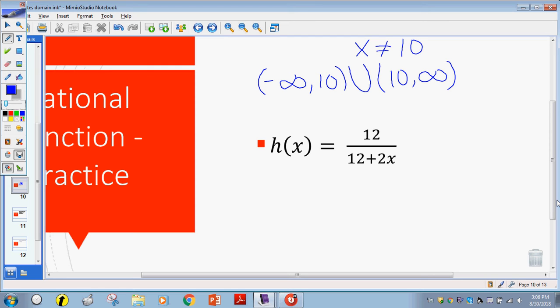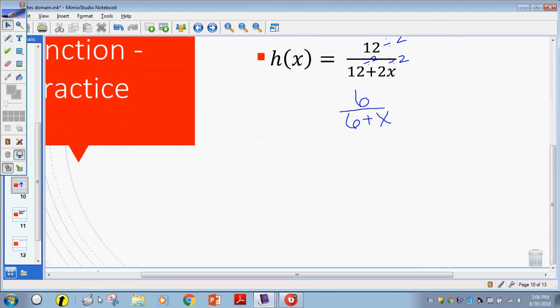So before I do anything, I'm going to divide each one by 2. When I divide each one by 2, it's going to leave me with 6 over 6 plus x. Now, is there anything else they have in common? No. So then I just go through my steps. So now you're going to go through your steps. 2, 6,